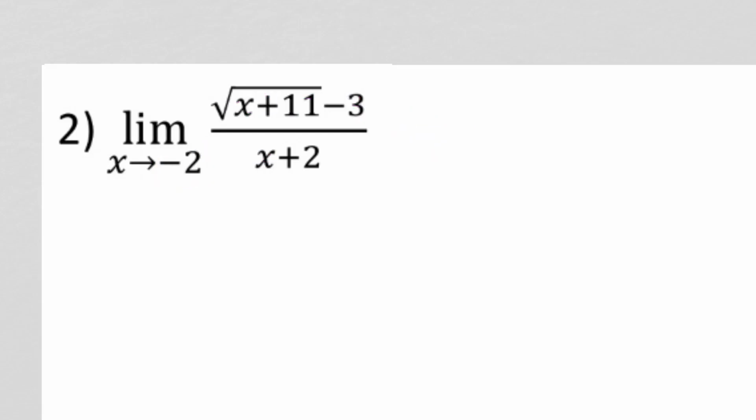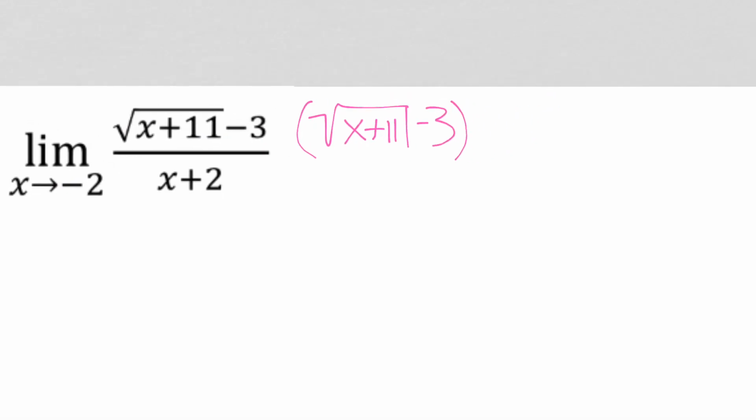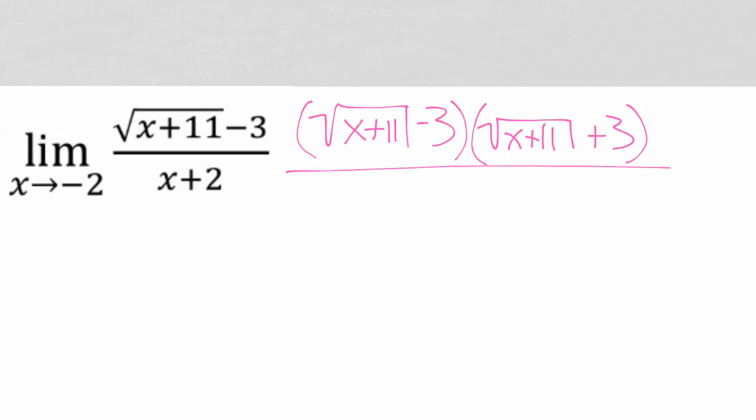So we need to try another technique. We need to rationalize the numerator now. So that means we need to take the current numerator, square root of x plus 11 minus 3. We need to take that current numerator and multiply it by its conjugate, so the square root of x plus 11 plus 3. In order to do that, we need to multiply the denominator by that as well. So we still have that x plus 2, but we're also multiplying by the square root of x plus 11 plus 3 in